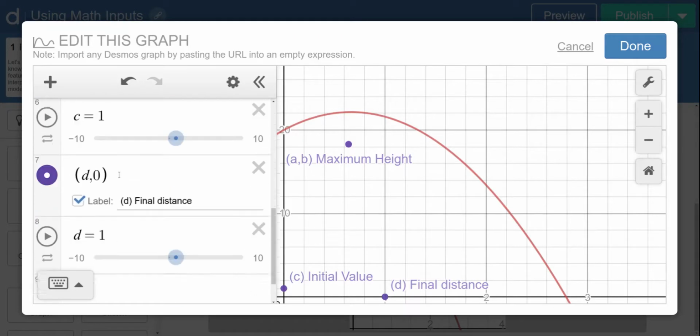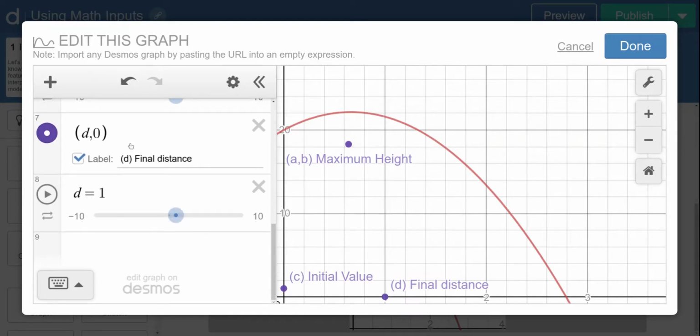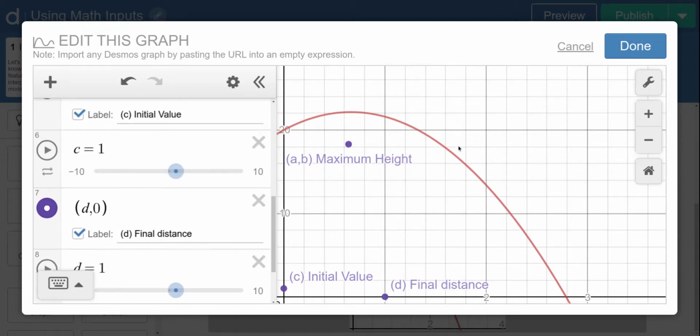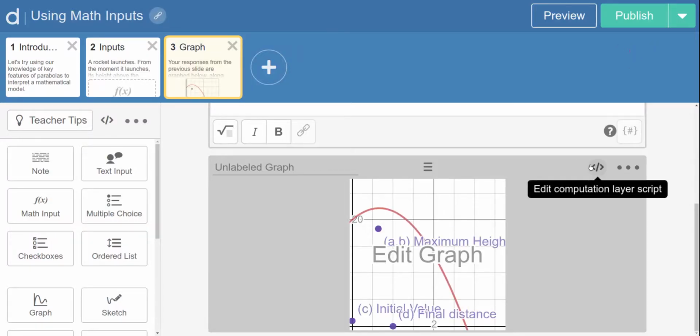If you're doing something that's a little more complicated or doesn't have things labeled as nicely as ABC, it might be helpful to just keep a piece of scrap paper beside you and kind of note down, oh yes, math input maximum height is going to correspond to the variable M, capital M, something like that, just so that you know what is what. So once you're happy with all that, click on Done, and we're going to actually edit